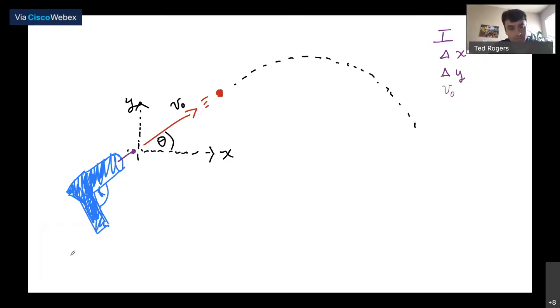I drew a ball lightning gun here, and I make it look all cool because that's important. Otherwise it's not as fun. And then I draw some axes here, an x-axis and a y-axis, to say where I take time equal to 0 and position equal to 0 to be. So the ball lightning starts here at time equal to 0, at position x equal to 0 and y equal to 0, and it comes flying out.